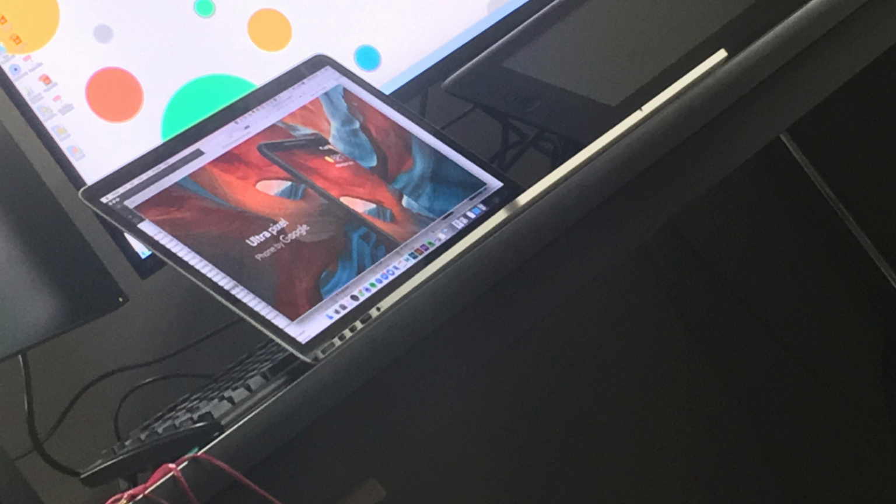Having said that, we do need to take this information with a bit of a pinch of salt because it's from an unverified source, but it does look very, very legitimate and could well be what we see on October